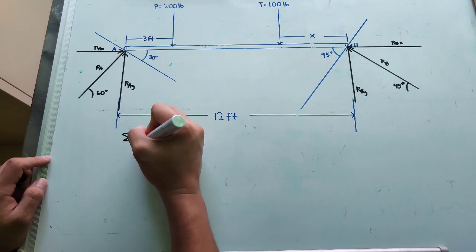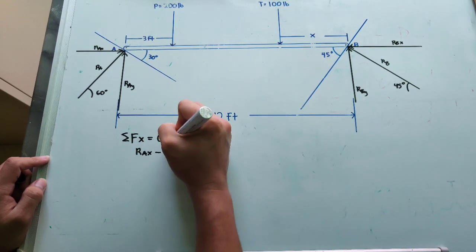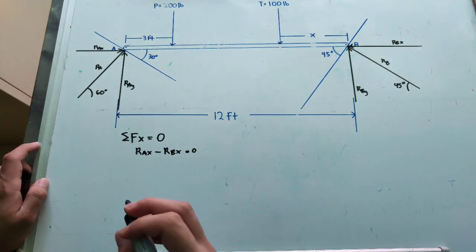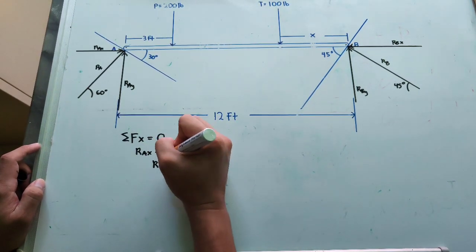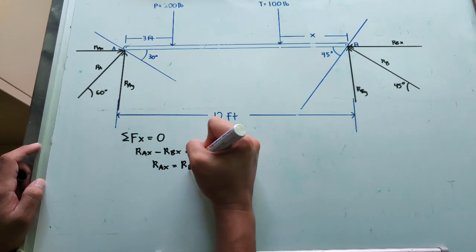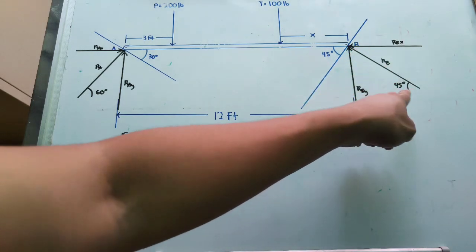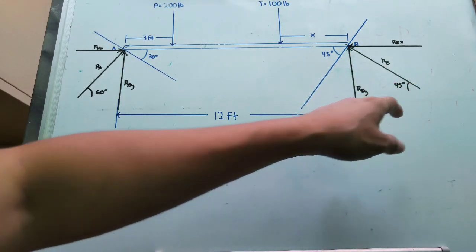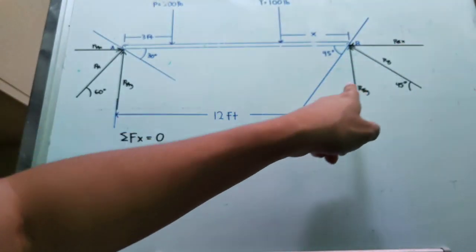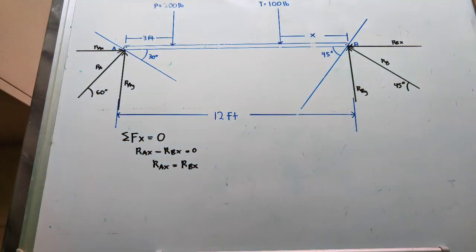So RAX minus RBX is equal to 0, or simply RAX is equal to RBX. Now, since this is a 45-degree angle, RBX is also equal to RBY,